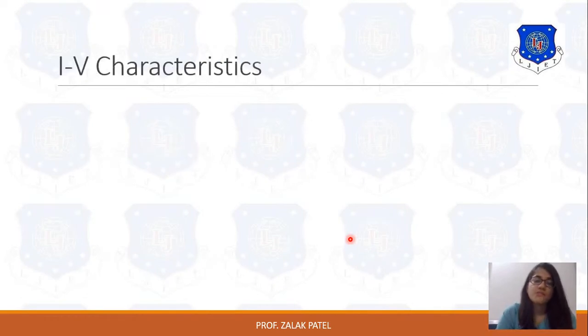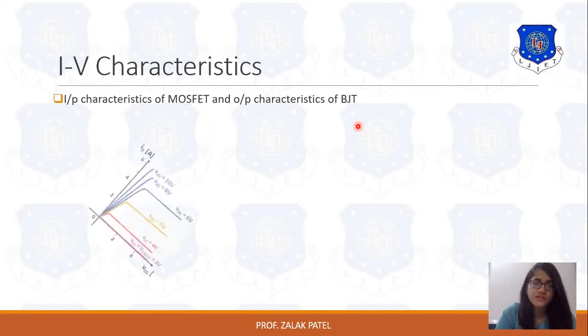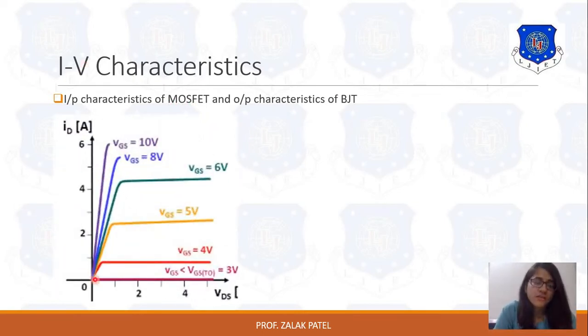Now next is about the IV characteristic of IGBT. For the IV characteristic, again, since it is an insulated gate bipolar transistor, the input characteristic is similar to the MOSFET and its output characteristic is similar to the bipolar junction transistor. So similar to the MOSFET, the current versus voltage characteristic is shown. Here you can see that for different values of ID, meaning drain current, and for different values of drain to source voltage, the graph is shown.